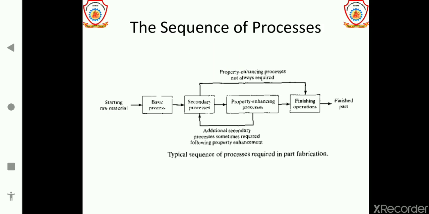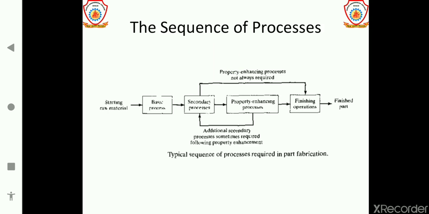So these are the basic processes, and the sequence of the basic processes is shown in this figure. There are four types of processes. First is the basic process, second is the secondary process, third is the property enhancing process, and fourth is the finishing operation. Basic process is the very basic manufacturing operation of any part to get the primary dimensions of the part. Secondary process helps